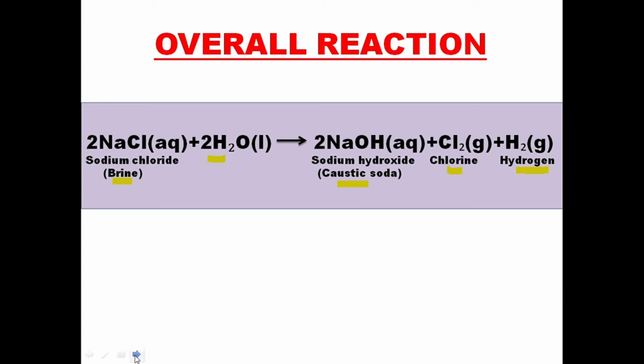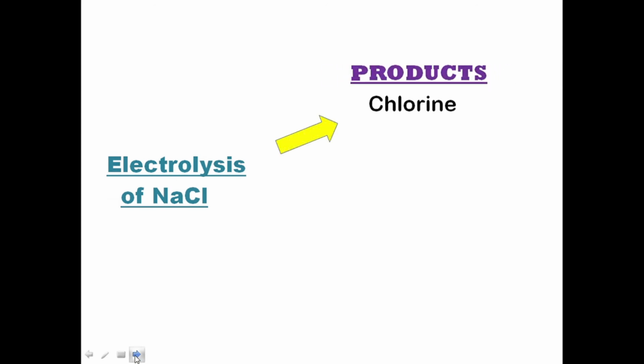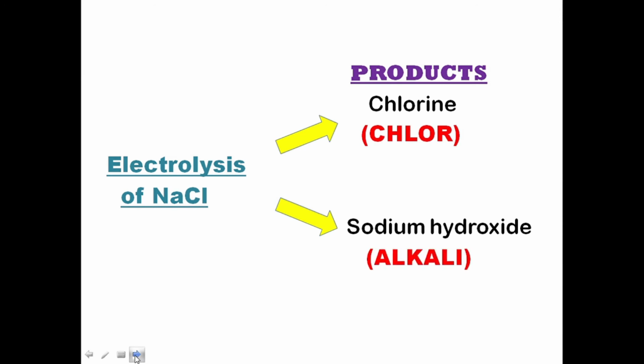Have you ever wondered why this process is called the chlor-alkali process? When the electrolysis of sodium chloride is done, it forms the products chlorine and sodium hydroxide. So it is chlor for chlorine and alkali for sodium hydroxide, and there's the name chlor-alkali process. There are three useful products obtained from this process: hydrogen gas, chlorine gas and sodium hydroxide. Hydrogen and chlorine can be further combined to form hydrochloric acid, which is another useful compound and a very commonly used reagent in the labs. Let's see some of their applications.